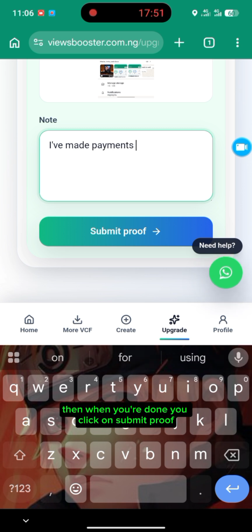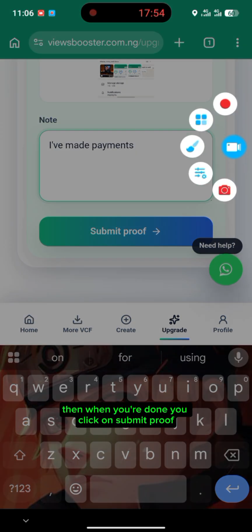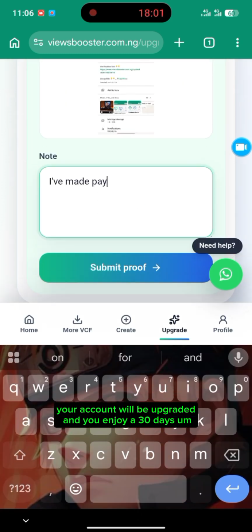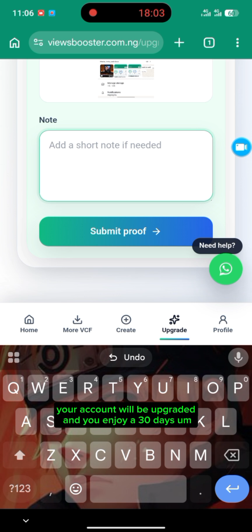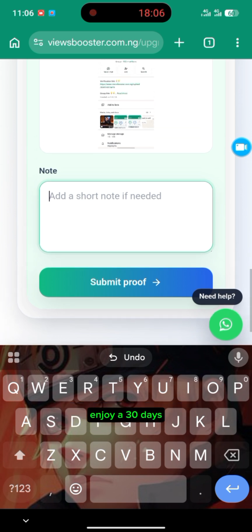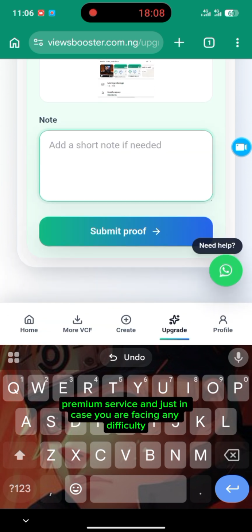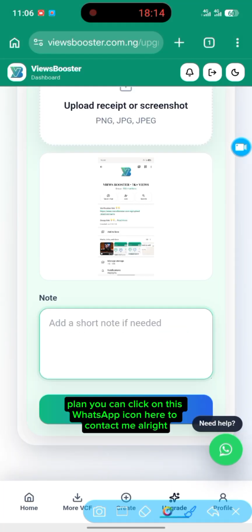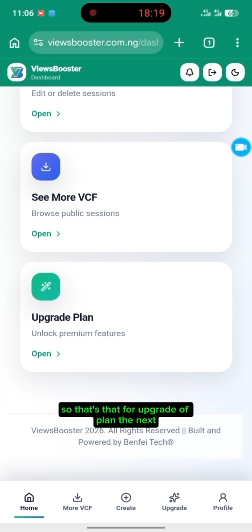Then when you're done, you click on submit proof, and trust me, in less than 5 minutes your account will be upgraded and you enjoy a 30 days premium service. And just in case you are facing any difficulty upgrading to premium plan, you can click on this WhatsApp icon here to contact me. All right, so that's that for upgrade of plan.